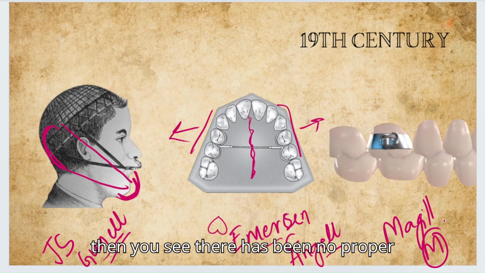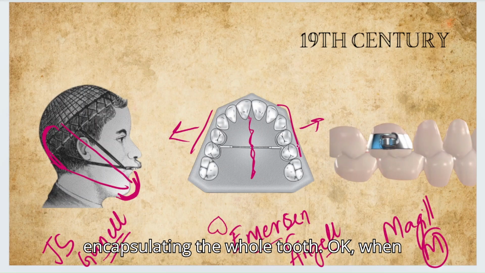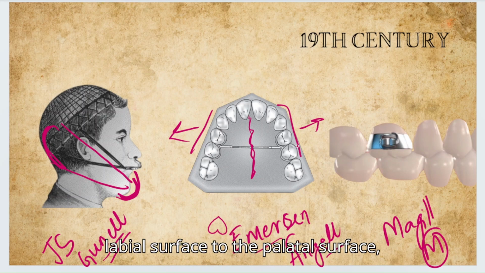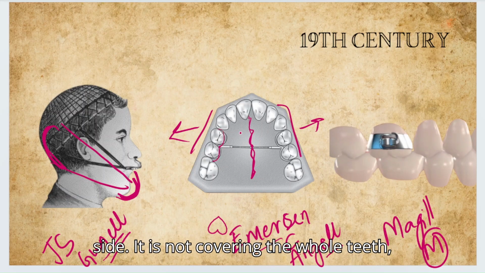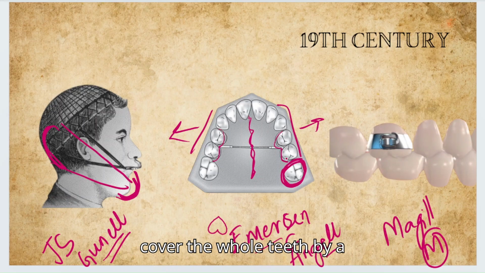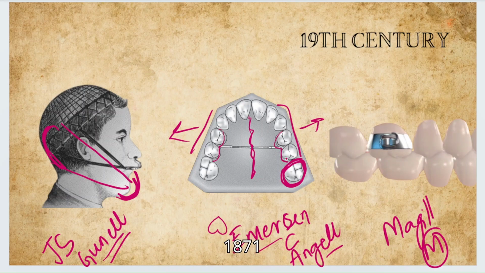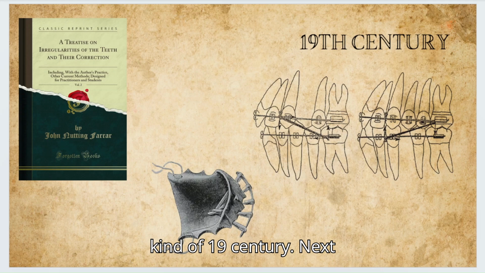Till then, you see, there had been no proper banding. Banding means covering, encapsulating the whole tooth. Okay, when you are covering the whole tooth from the labial surface to the palatal surface, that is called banding. In these sections, you can see it is only on the palatal side. It is not covering the whole tooth. But Magill said, I will cover the whole tooth by a molar band. So William and Magill developed the molar band, and that too in 1871, the 19th century. Next came